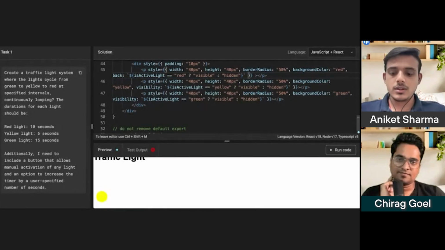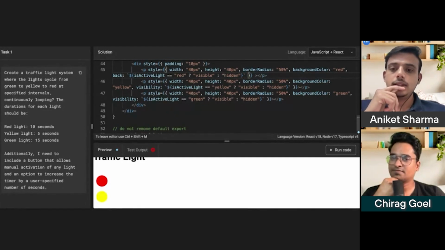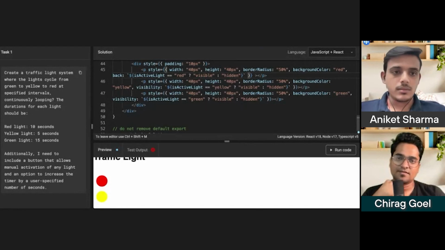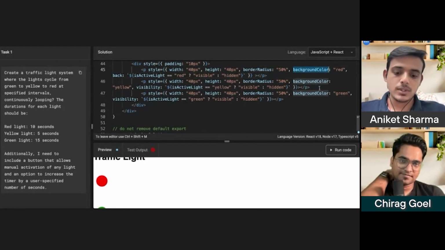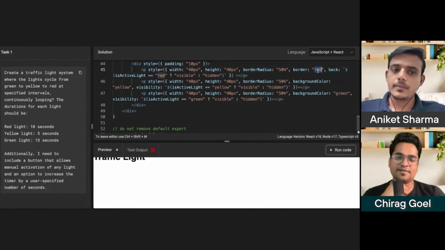So background color we can play with. We already have a background color. By default, it should be transparent or white, and we can provide a border. Or probably I will suggest you to play with opacity.